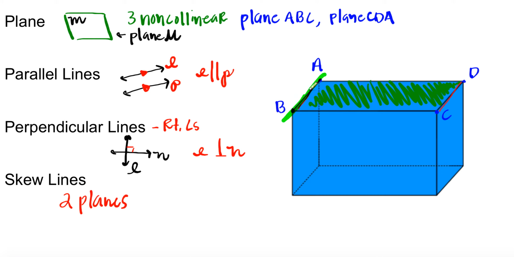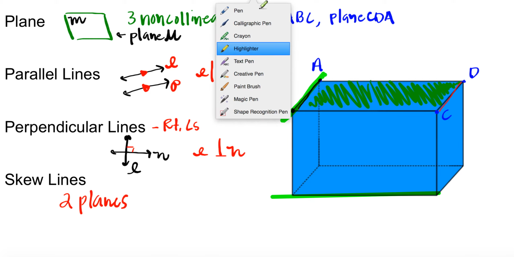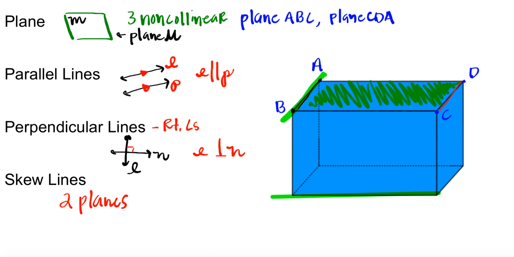This line right here, AB, and maybe this line right here in the front, which we should name so I can tell you which one we're talking about. What if we name that EF? Okay. Skew lines are neither parallel nor perpendicular, but they'll never intersect